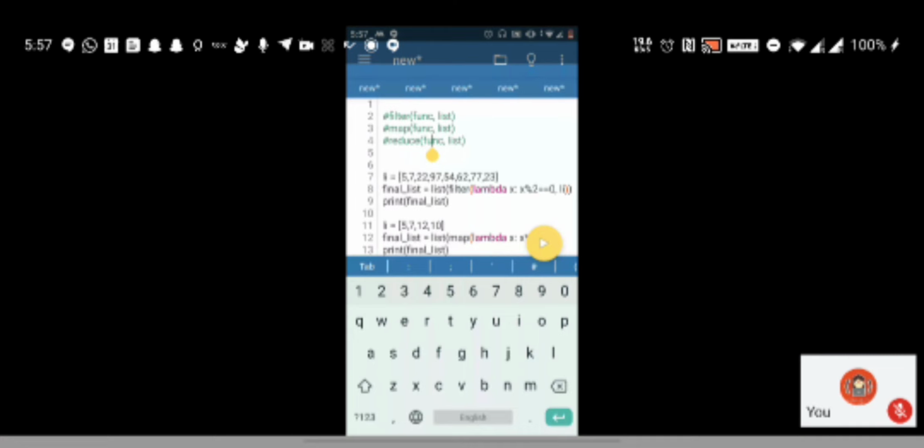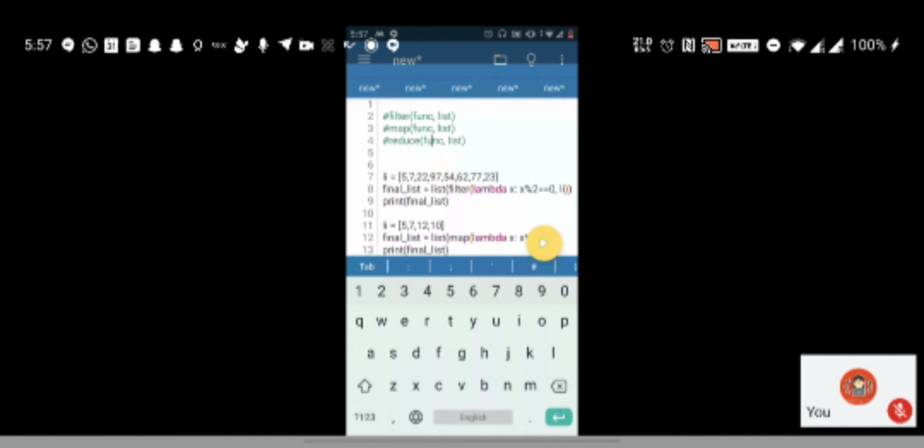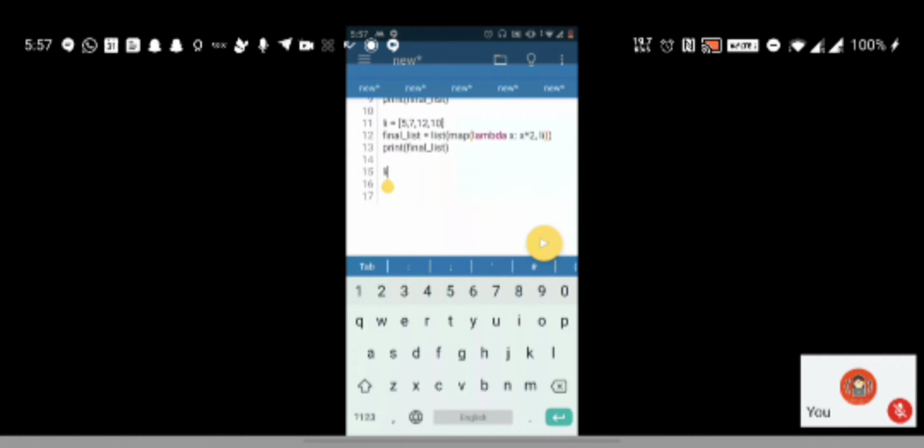If, for example, your function is a multiplication or addition function, and you specify addition in this inputted function, then all elements of the list will get added and you will get one single output. So that is what reduce does. It reduces the list into whatever operation you specify in the function. If you say multiplication, then all the elements of the list will get multiplied. So let's just say addition only.